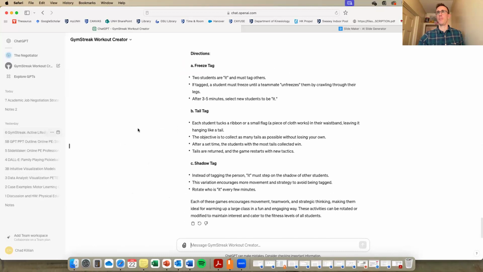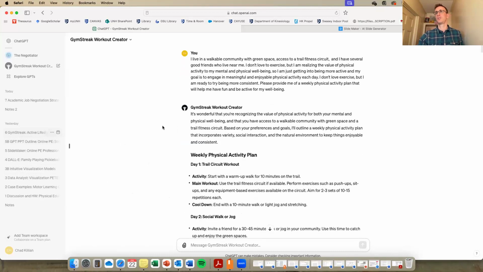And the last one I'll mention is this gym streak workout. Again, this is an extra GPT. It's an add-on. I think it comes in an app form, but it'll create a workout for you. I see this having a couple different roles in what we do, mainly as a critical reflection. If you're going to give this to students in high school, how can we prep them to use this effectively? Or is this even appropriate?